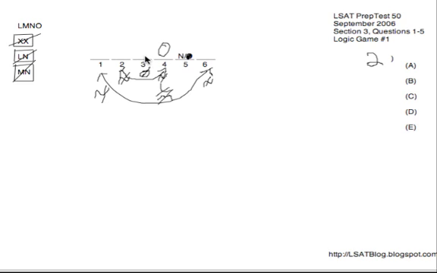Scanning through the choices, they're asking about stops 1, 2, and 3. We know that O can never be on 3, so D is eliminated for that reason. We know that N cannot be on 1, so E is eliminated for that reason. Got rid of 2 so far. Then finally we have the LN-MN rule. So scan through just the choices themselves. We see A violates